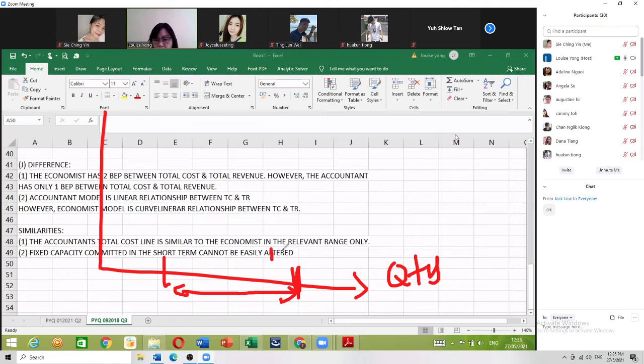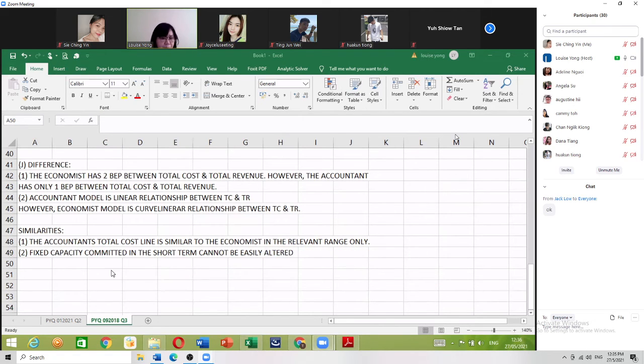它不能够说 OK，我能够做10000个 unit，这个是我的 fixed capacity。但是如果他讲他要做15000，在 short term 能够吗？不能够。因为它的 machine hour 或者是它的 labor hour 在那个 period 不能够增加。Okay, so 这两个 similarity 呢，accountants or economics in short terms 你的 capacity 不容易 change。Okay, but in long term yes, you can buy more machinery, you can recruit more employee，那时候你的 capacity 就会更改，但是 in short terms 没有这么容易更改。Okay, so this is a similarity 啦。